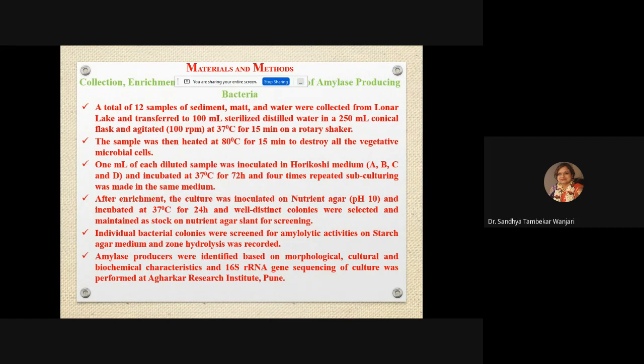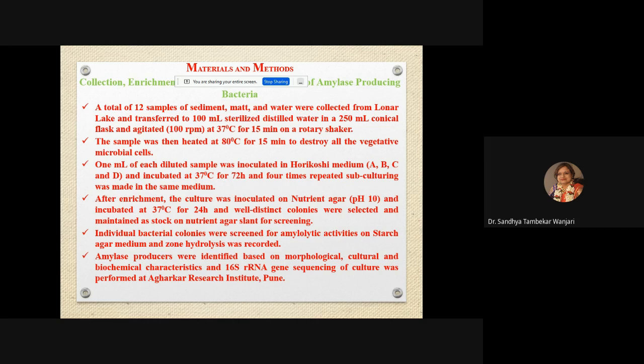After enrichment, the culture was inoculated on nutrient agar and incubated at 37 degrees centigrade for 24 hours for well-isolated colonies, which are observed and stocked on nutrient agar culture. Individual bacterial colonies were screened for amylolytic activity on starch agar medium, and the zone of hydrolysis was recorded. After that, the amylase producers were identified based on morphological, biochemical, and culture characteristics, and also we are doing